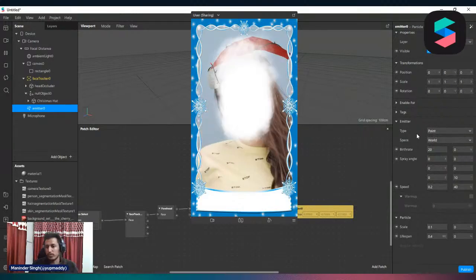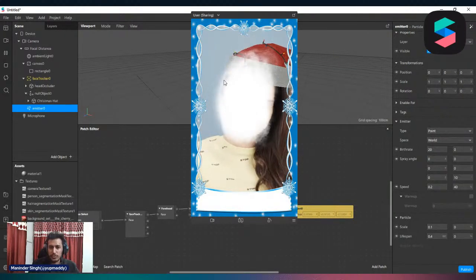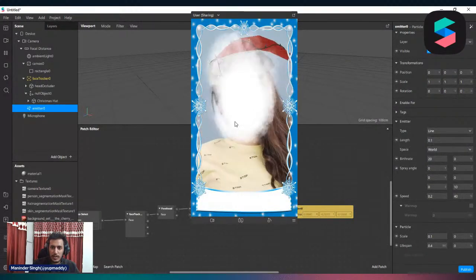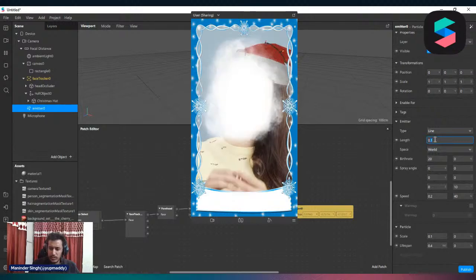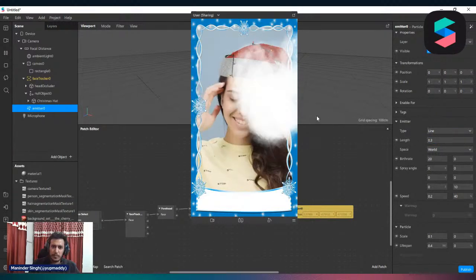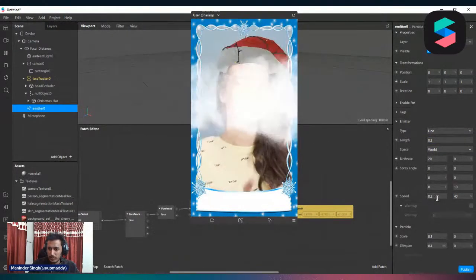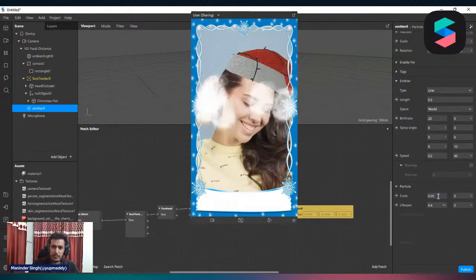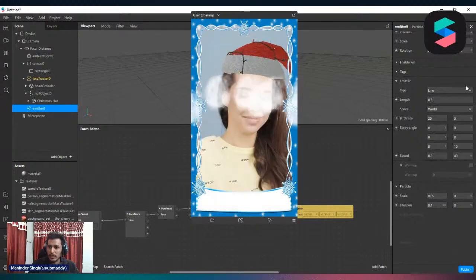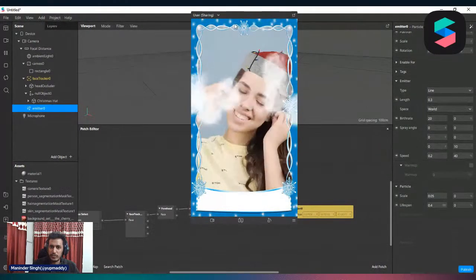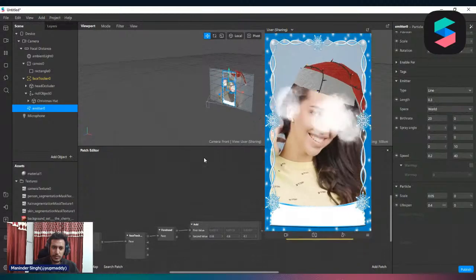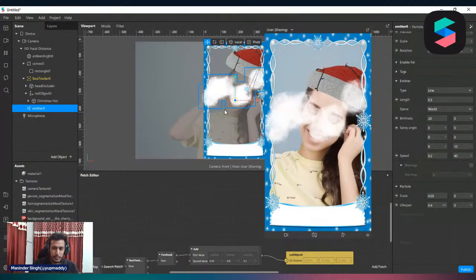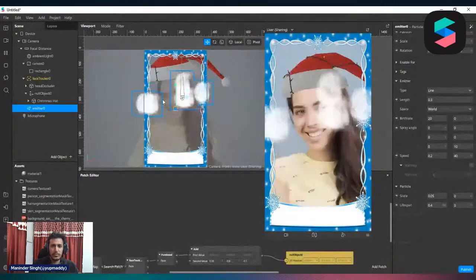and there are also types if you want to use it on one single point or if you want to use it in line like this. Wait, let me increase the line. So this is line. Wait, let me scale it a little bit down, 0.5. So this is line type and length 0.3. Let me show you on viewport. So you can check here,